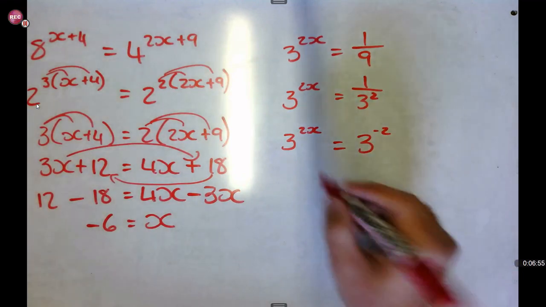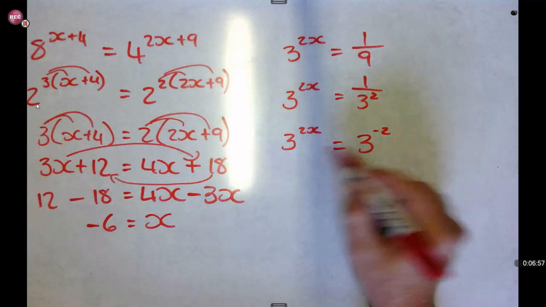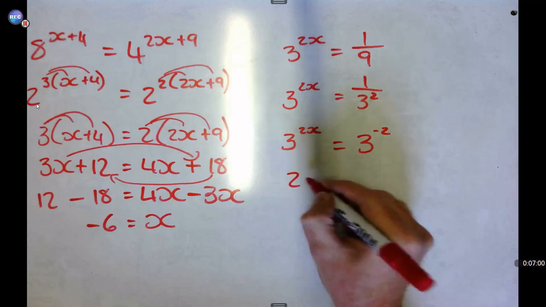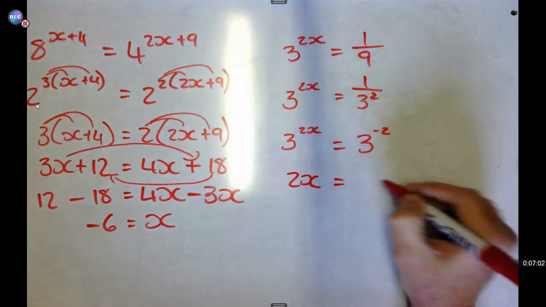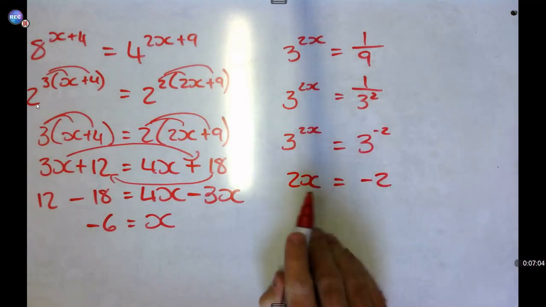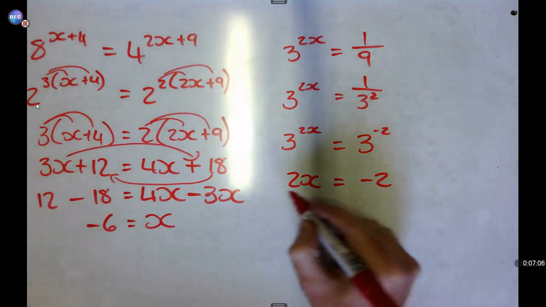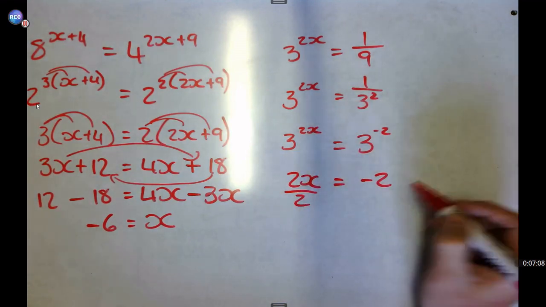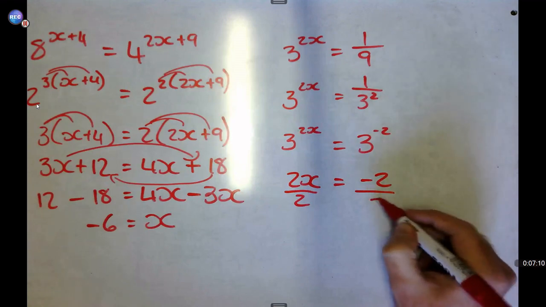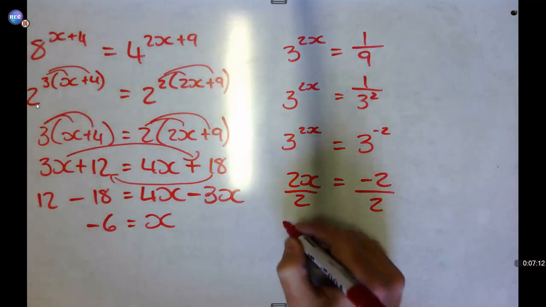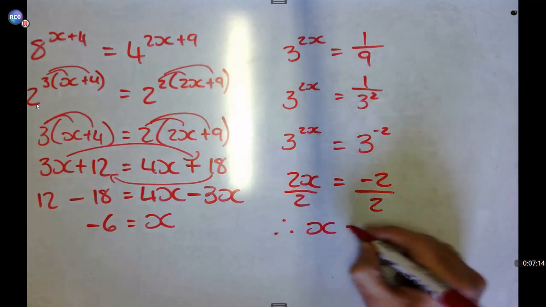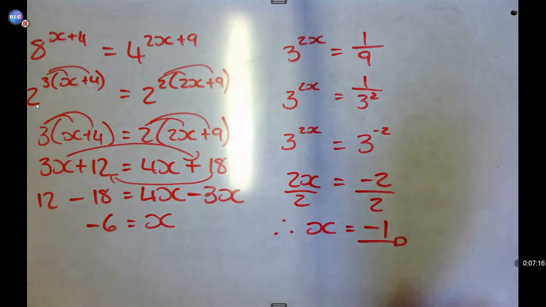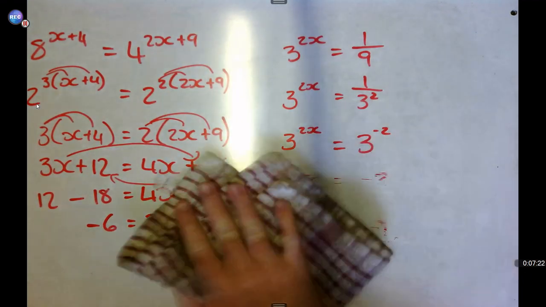With that, we'll drop the 3 over here, and you'll have the exponential values left, which is 2x equals negative 2. Now x you want on its own, so you'll get rid of the 2 by dividing by the coefficient, but what you do on the left you obviously have to do on the right. So therefore x is then equal to negative 1 in this case, and that's your final answer. Okay, let's jump into the next one.